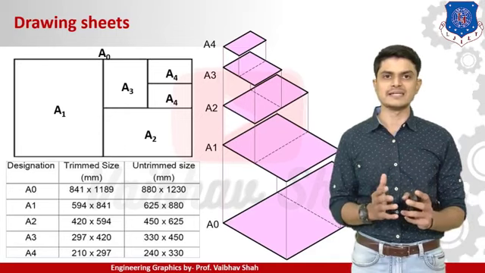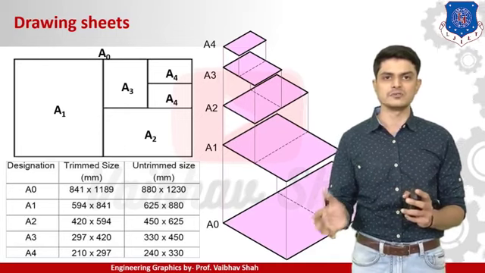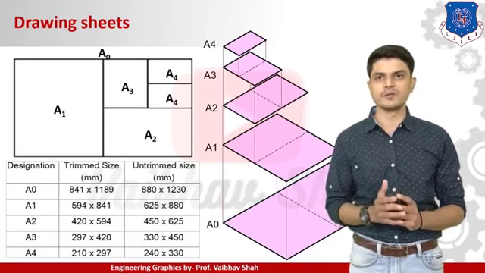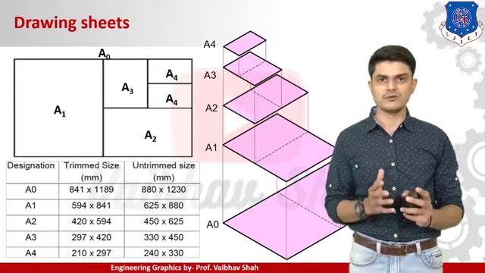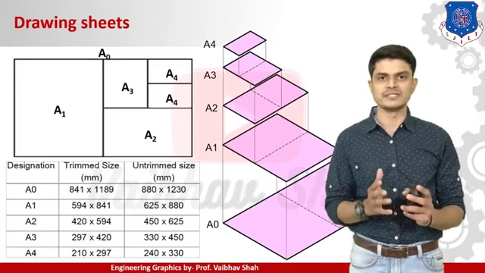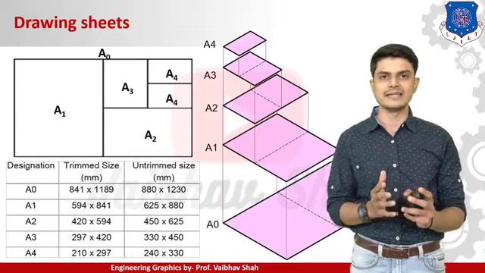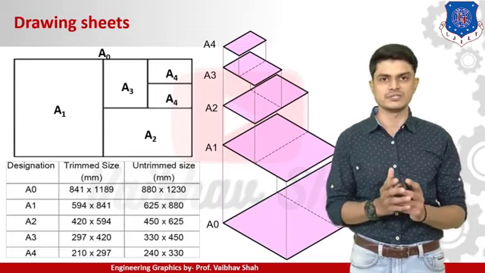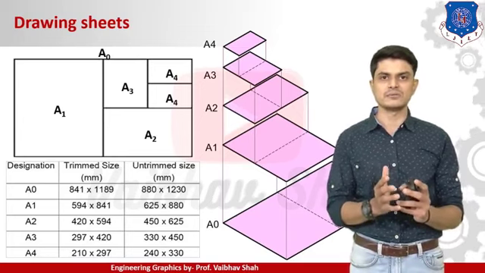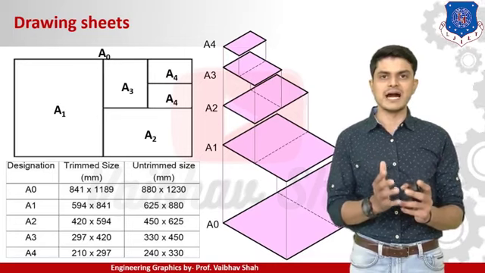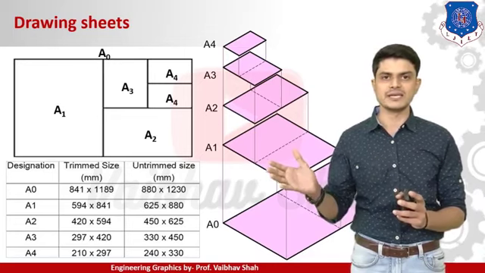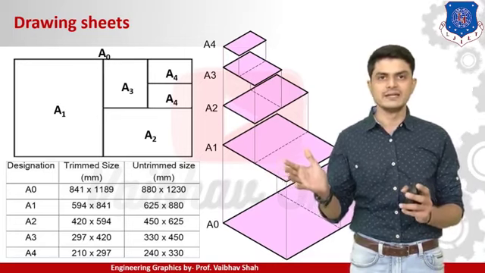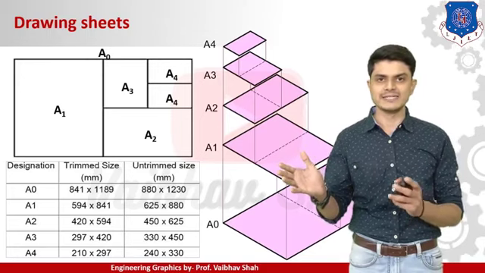So I need to remember the size of the sheet of A0 size, which is what? 841 by 1189. Now what you will do is you will take the dimension of the length. Length is the highest dimension in any of the sheets. So here we will be taking the dimension of the length and we will be making the half of the dimension. So here in this case 841 by 1189. 1189 is the length because it is the highest dimension.